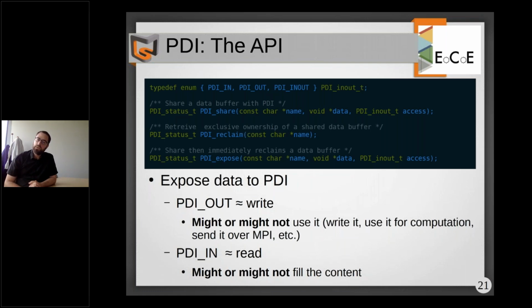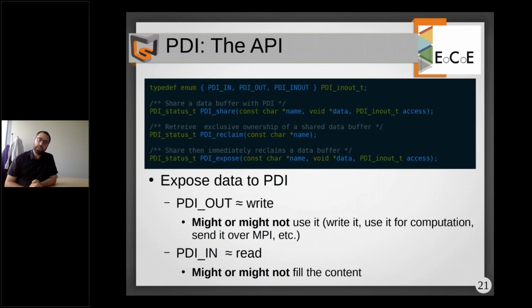So basically, you're not able to modify it. You're not allowed to deallocate it after you've done a PDI share. This PDI share means both the main code and PDI are co-owner of the buffer. And the PDI reclaim does the opposite. So you pass the name, the identifier of the data to this PDI reclaim, and you get sole exclusive ownership